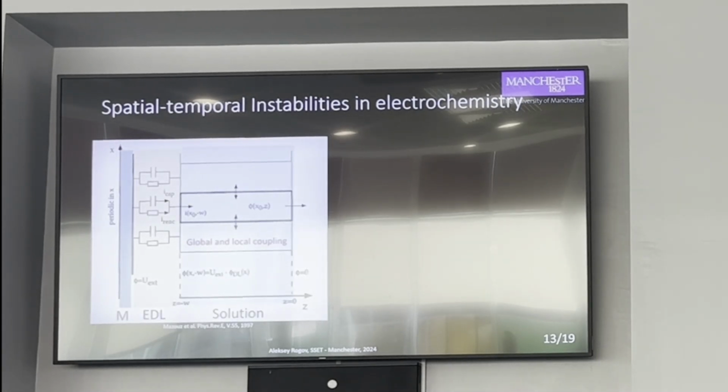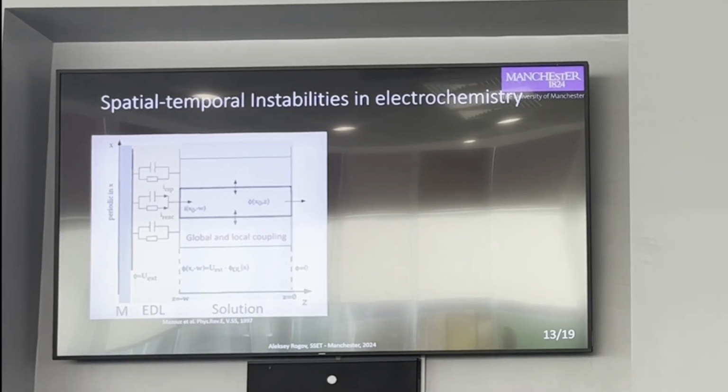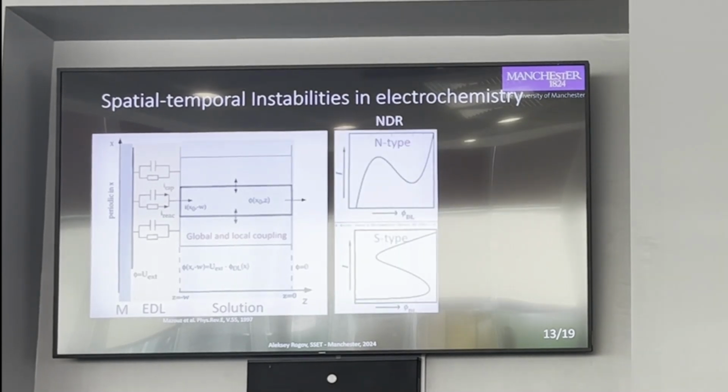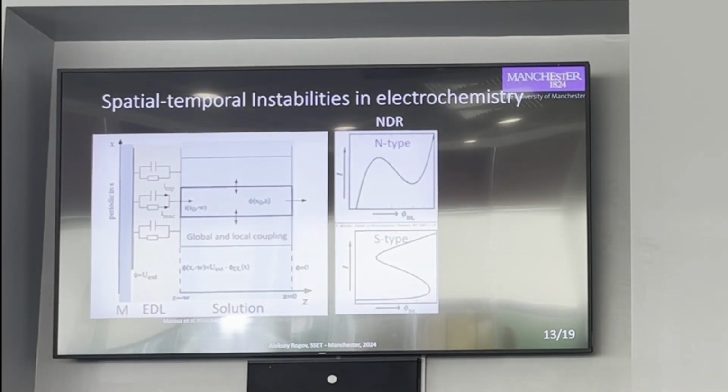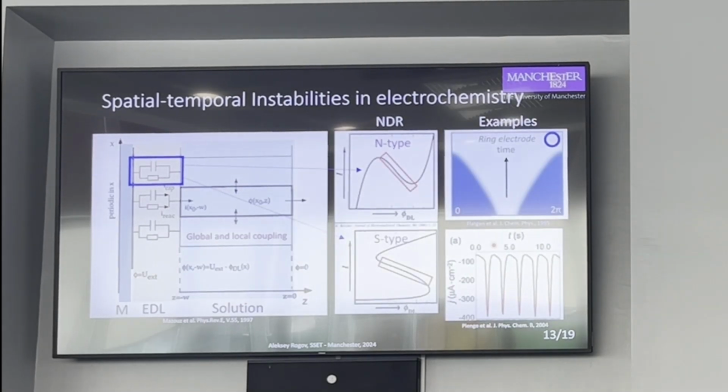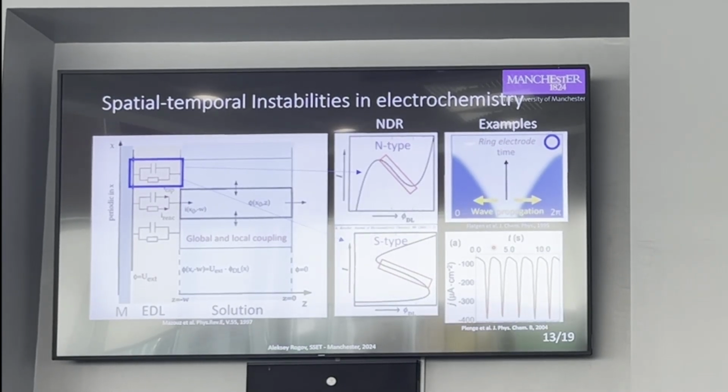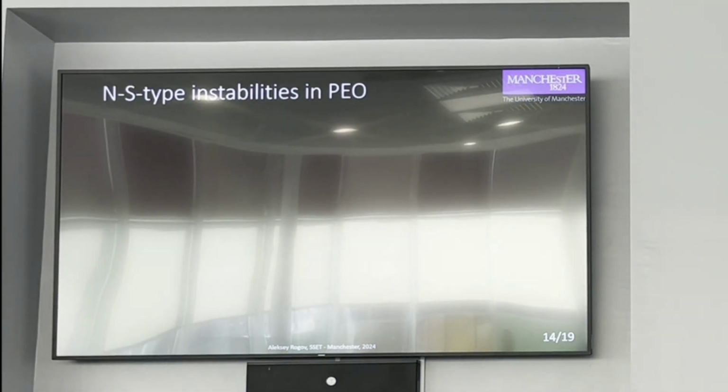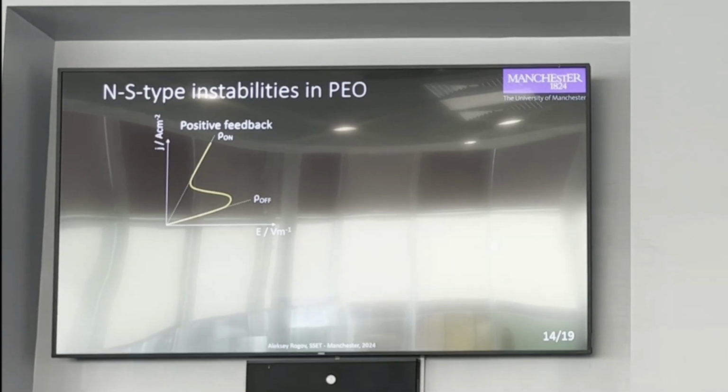Spatial-temporal instabilities in electrochemistry are relatively well known, and they're usually associated with N- or S-type negative differential resistance features in the electric double layer response. As a result, there may be some sort of oscillations or wave propagations in such a system. However, we are not going to go deep into the details of those. What about PEO? In plasma electrolytic oxidation, we can also distinguish S-type